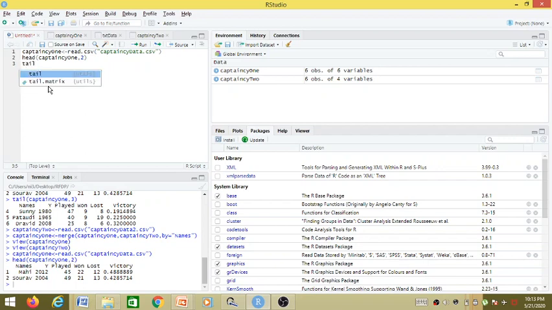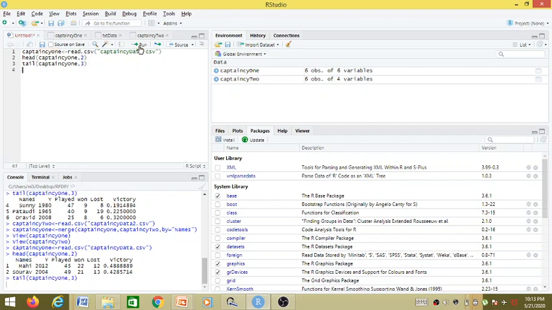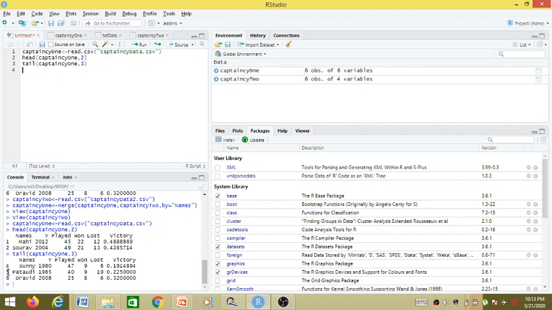Similarly, if we do tail, we call the tail function with the captaincy 1 data frame, and suppose we display the last three rows. So you can see here the 4th, 5th and 6th rows are displayed. We only have 6 rows in the captaincy 1 data frame, and the last 3 rows, that is row numbers 4, 5 and 6, have been displayed.